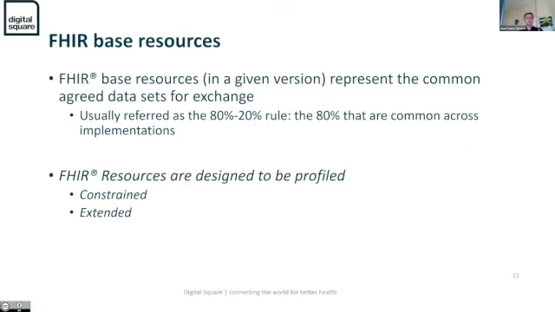So on one hand, you can do constraints. On the other hand, you can do extensions. And that is why it's very important to be quite liberal when you profile something that others will need, because you know that they can add their own constraints. You know that they can add their own extensions. What you don't want is that they need to add extensions because you were too strict